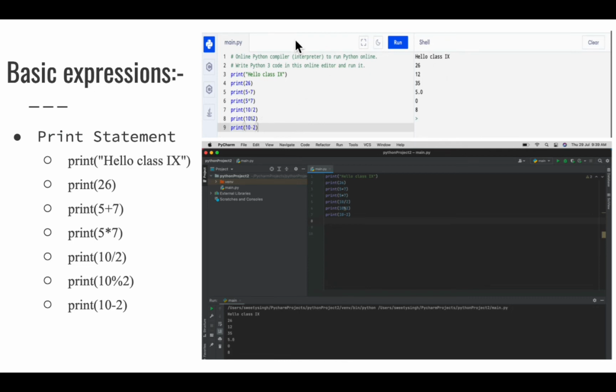Now, if you look at this area, this is the online Python editor, and this area is the PyCharm editor. After writing the print statement for Hello Class 9th, it prints Hello Class 9th in the shell. Here, the output will be shown in this area. After writing print Hello Class 9th, the output is visible over here.